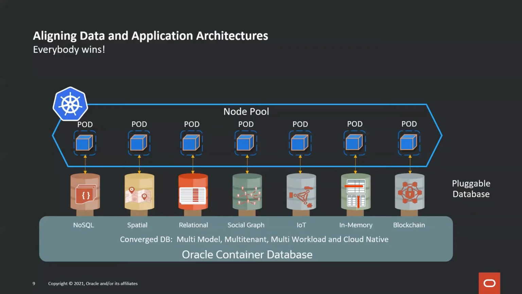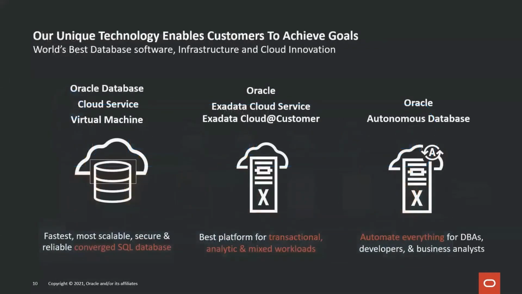That 50% of the time that Gartner estimates would eventually be put into integration can now be focused on innovation. And they still get to use the same tools and languages with the same cloud native APIs that they used in the fragmented data architecture example. And they can still deploy their apps with Kubernetes or any other way that they want to do it.